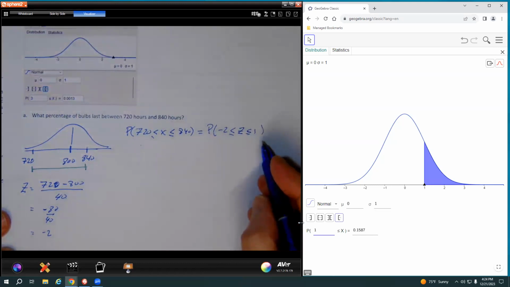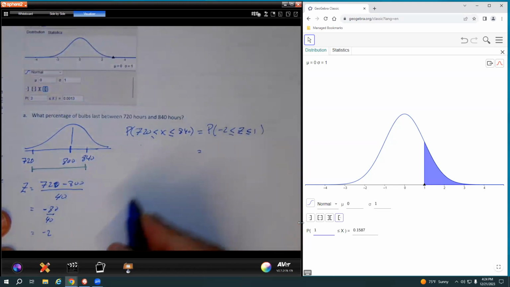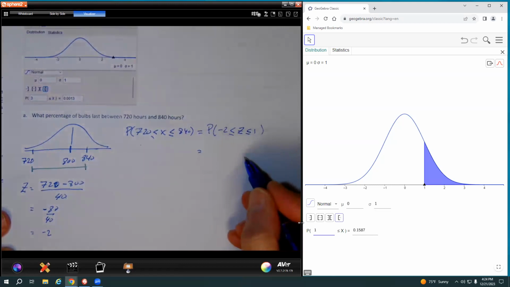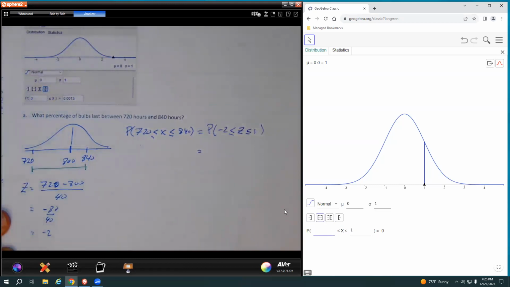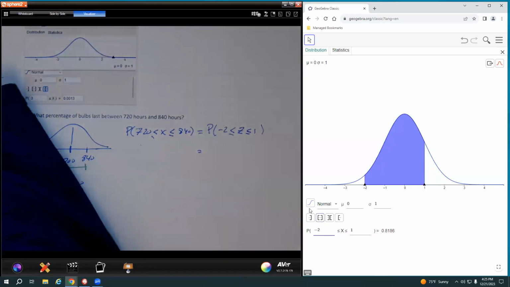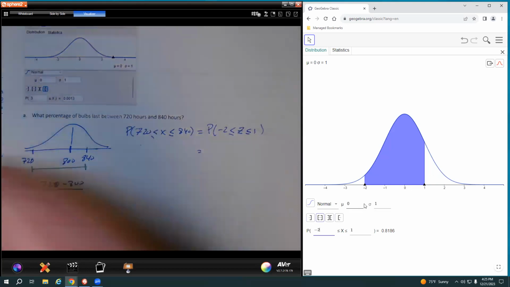Right. So again, if I draw my picture, well, if I use GeoGebra, let me use GeoGebra now. Notice it's between two numbers, so I'm going to choose this value right here. That shows between two. And notice when I choose this, you have two choices. I'm going to enter -2, and 1 is the other one, right? Yep, it sure is. So it's already in here. Now it says, okay, what's the chance between -2 and 1? The answer is